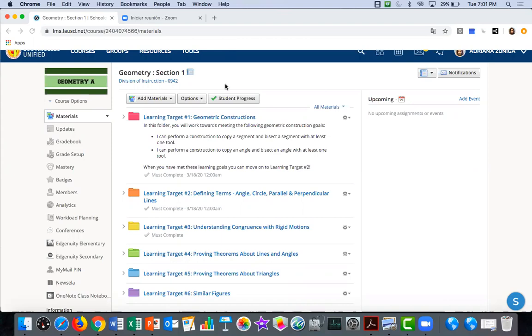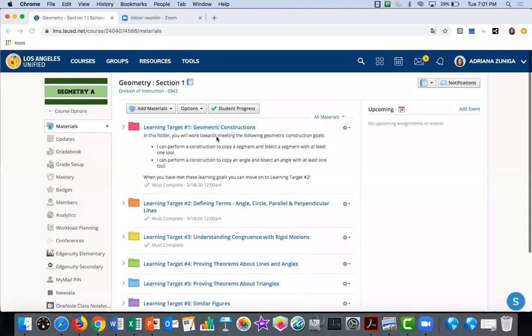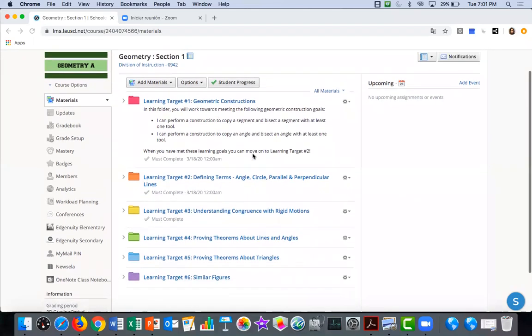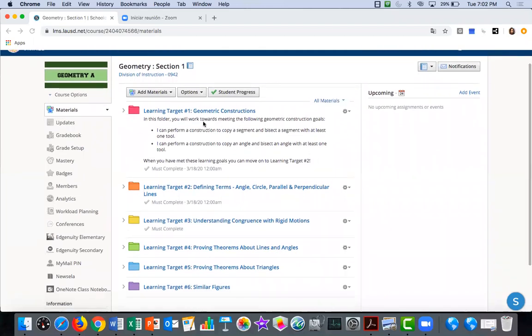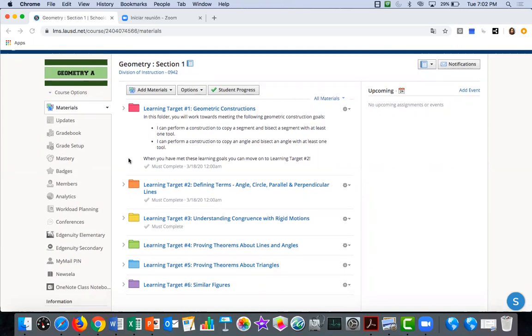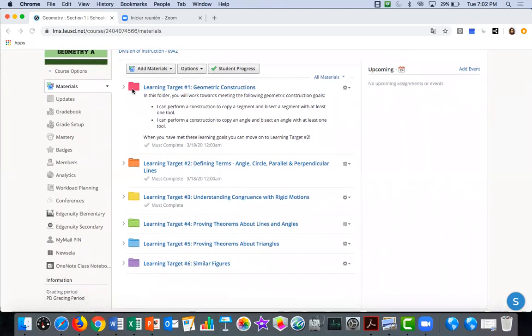I'm going to walk you through a Schoology sample math course setup that you can consider for your own distance learning needs. So you'll notice here that this is Geometry A, so this would be the equivalent of the first semester. And you'll notice that there are several folders here in the materials page, and each folder corresponds